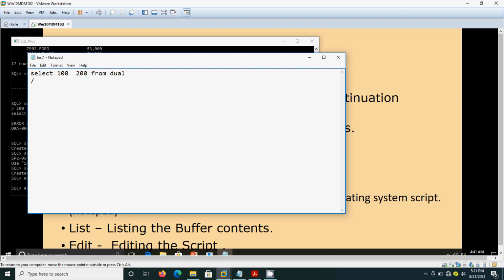But you should mention the proper path. Then it will save the file in the path you have mentioned in the SQL Plus. This is the way you should use SQL Plus. These are all the basic things, how to save, edit, list, etc. We will see some more things in the next video. Thanks. Bye.